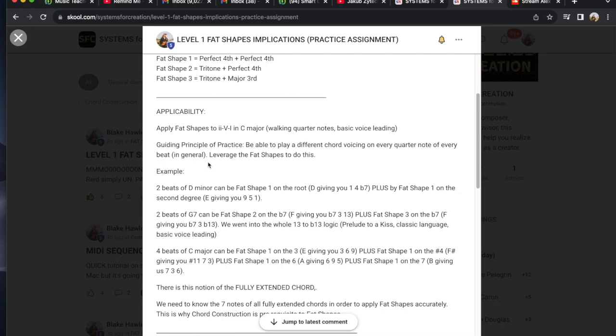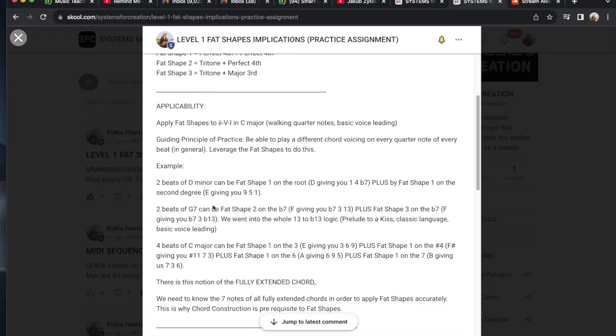Obviously, for every tune, basically, that's a good rule of thumb. Be able to play a different chord voicing for every quarter note throughout the tune, right? So sometimes that's going to be 2 quarter notes per chord. Sometimes it can be 4 quarter notes per chord. Whatever it is, be able to play a different chord voicing for each of those quarter notes. Basic level 1 stuff, right? If you can connect those through voice leading, obviously you should do that, and you actually should do that right away always. Might as well connect all your chord voicings through voice leading.